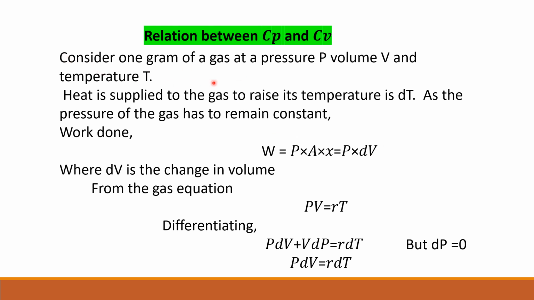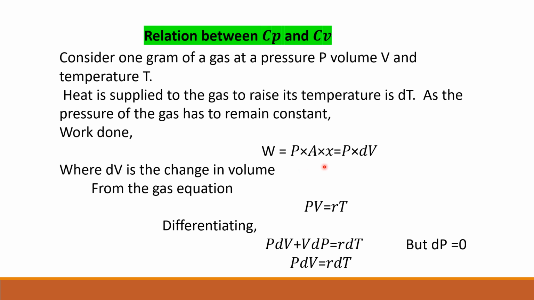Consider 1 gram of a gas at a pressure P, volume V and temperature T. Heat supplied to the gas to raise the temperature is dT. As the pressure remains constant, work done is equal to, what is the formula for work done? W equal to